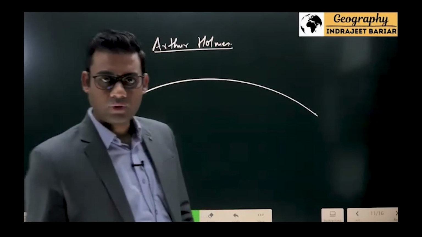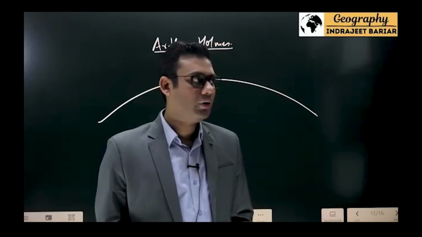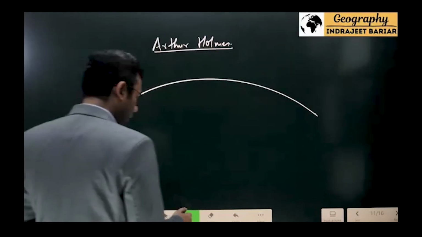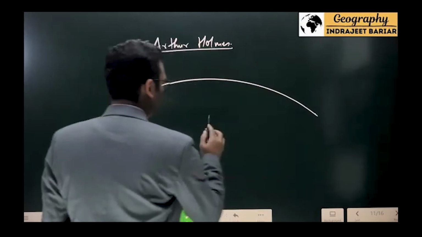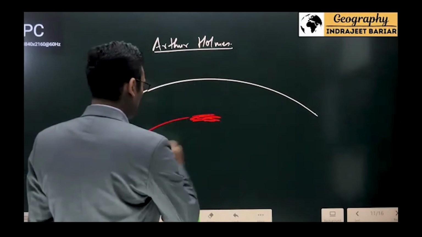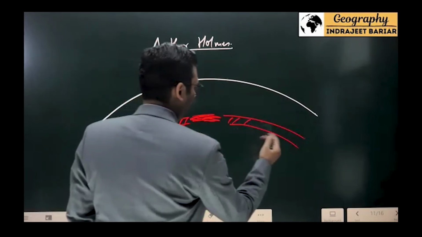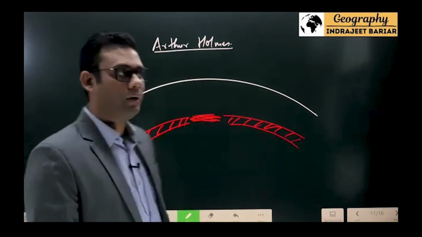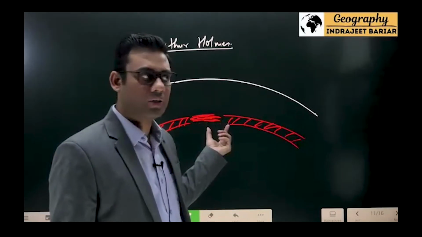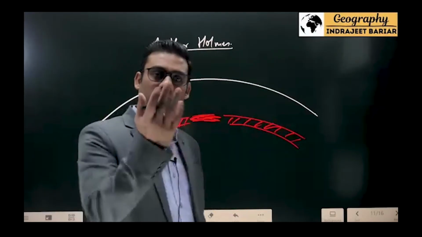And in the mantle, especially the upper mantle, there is a lot of heat that is trapped, due to which melting happens. Now, if the melting of the rock is taking place, the rock melts over here, and the rest of the rock is solid. At this particular location, the rocks have melted. Very obviously, as it melts, its density becomes less. It becomes lighter, and as it becomes lighter, it is going to rise.